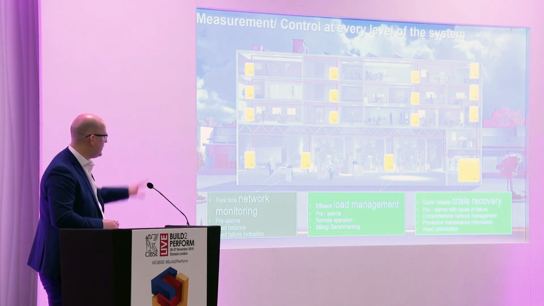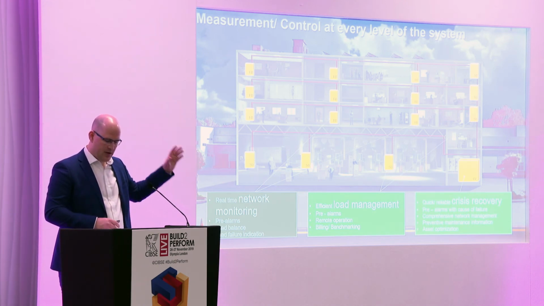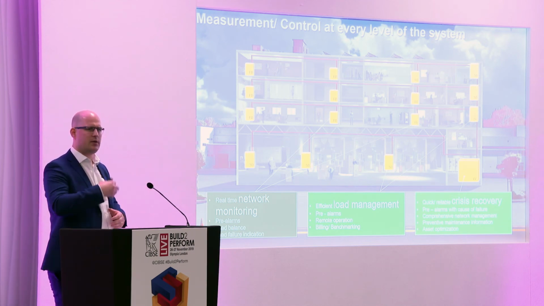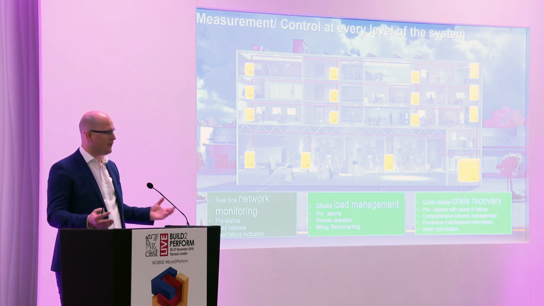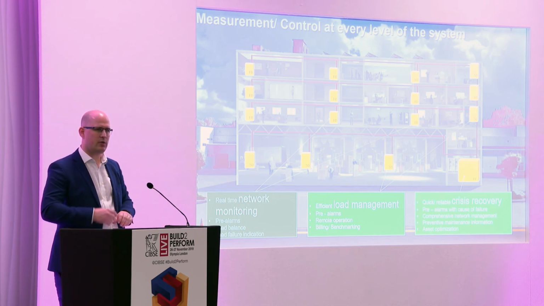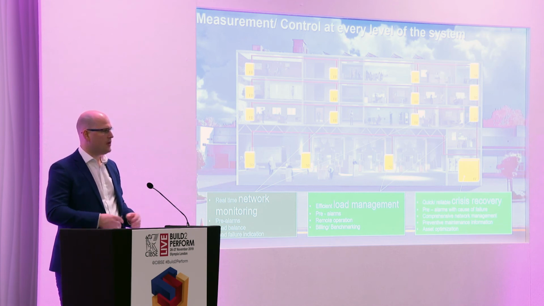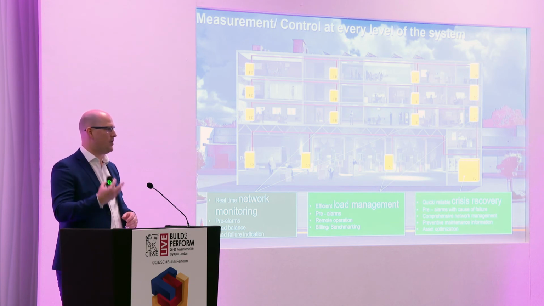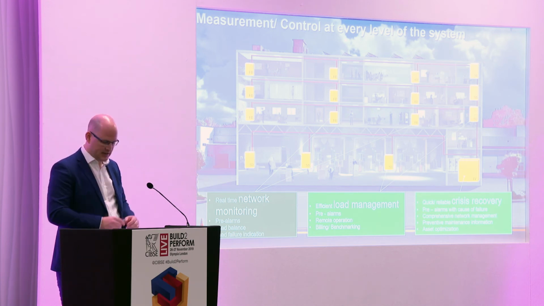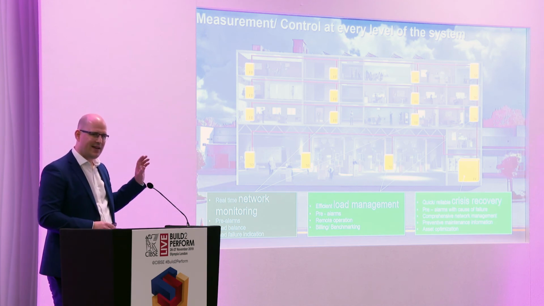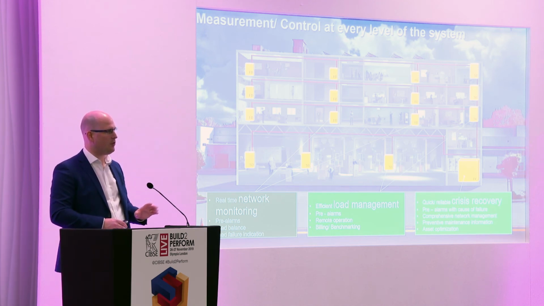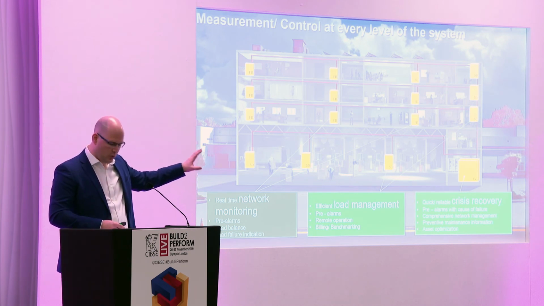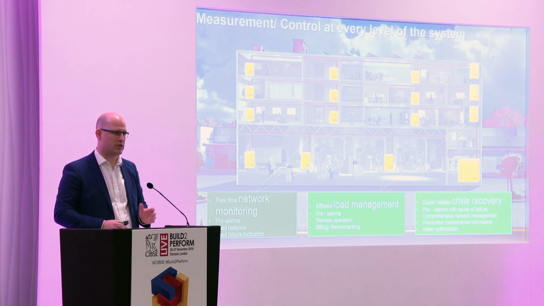So what you'll probably find is at the primary LV distribution, at the main switchboard, this is all around crisis recovery. So think about this now as a large coffee factory. Think about the Super Bowl analogy around finding out where your fault is. We're talking about crisis recovery. So either preventative in terms of pre-alarms, think about some of the asset optimization. Maybe it's breaker monitoring, breaker status, maybe it's about trip unit usage. So it could be preventative. Or it also could be about that network management, in case of a fault, how to quickly identify, quickly isolate, and quickly rectify. So at this level, it's all about quick and reliable crisis recovery.